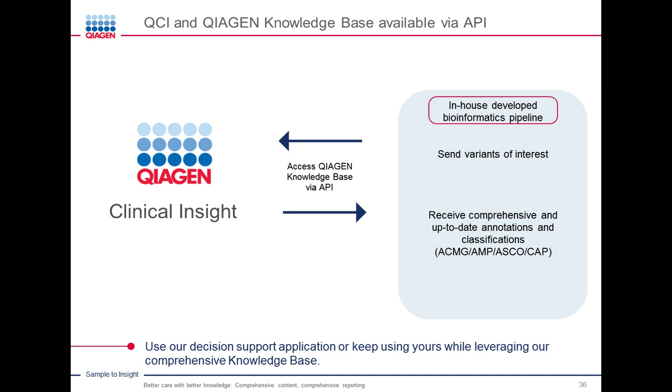Now, for those of you who already have their own in-house pipeline and reporting system and don't need the full power of QIAGEN Clinical Insights, you can actually access the knowledge base through our API. And so this is another option of getting access to the knowledge base as opposed to buying a full-blown QIAGEN Clinical Insights. The way you would do that is use your pipeline to identify a short list of variants, send those variants via API call to our knowledge base, and then we would return that variant with all the knowledge we have on those variants, including our comprehensive computation of ACMG or AMP-ASCO-CAP guidelines.